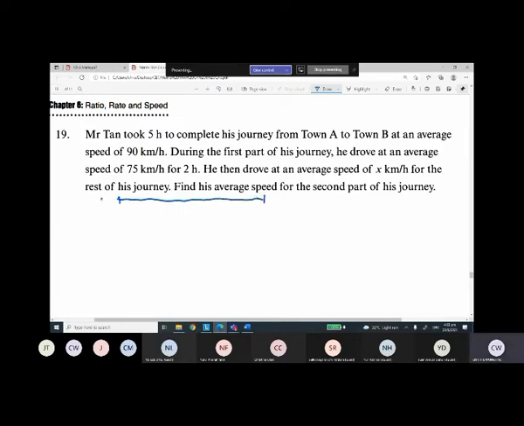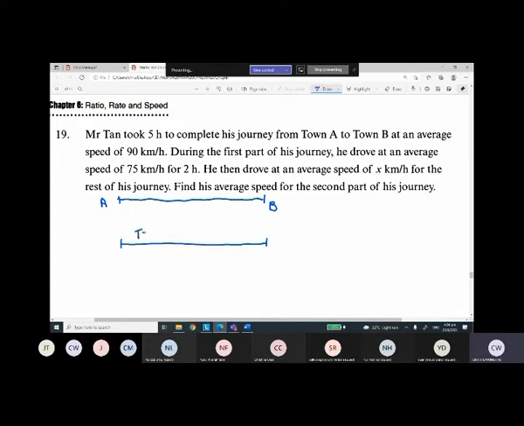Okay, this is town A, town B. From Ang Mo Kio to Choa Chu Kang, okay. Now let's write down. From A to B, we know that he travels at a speed. I'm going to write down the speed here, okay. This is the speed. From here to here, he travels at the speed of